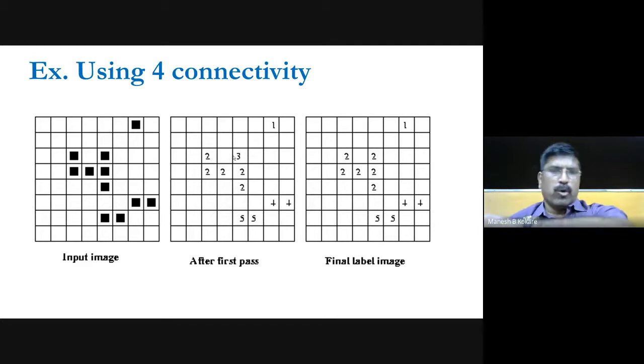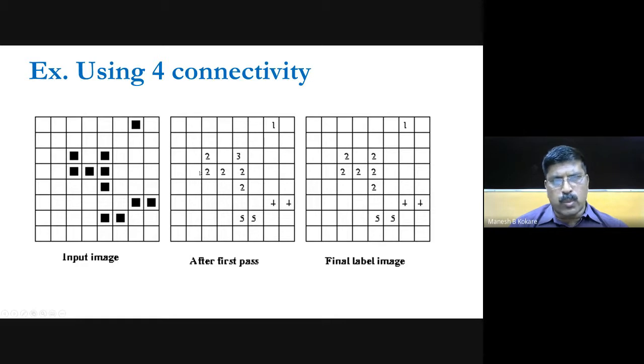So initially we'll go with left-right connectivity in the first pass, and then in the second pass we'll see the top-bottom connectivity also. See that. So in the first pass we are considering only the left-right horizontal connectivity. So this pixel is not connected horizontally, so we have marked this as region 3, right? After that, there is no pixel here, so the number will not be there.